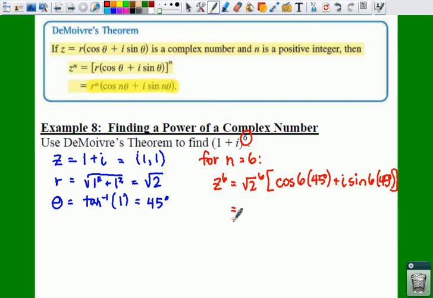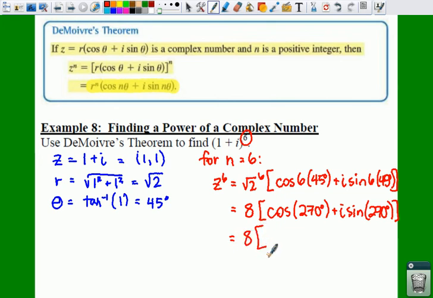Then radical 2 to the 6th. Well, radical 2 times radical 2 is just a 2. So if you have 3 of those, 2 times 2 times 2, that's going to give you an 8 on the outside. Then we're going to have the cosine of 6 times 45. Well, 2 times 45 is 90. So if we have 3 of those, 3 90s, that means we're going to have 270 degrees plus i sine of 270 degrees. That is going to give us an 8 times, well, think about where 270 degrees is,